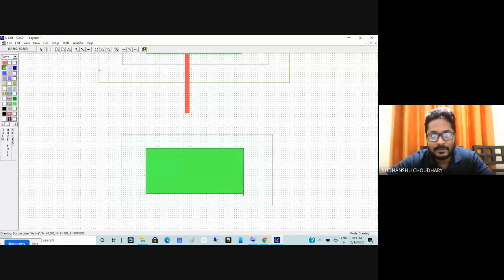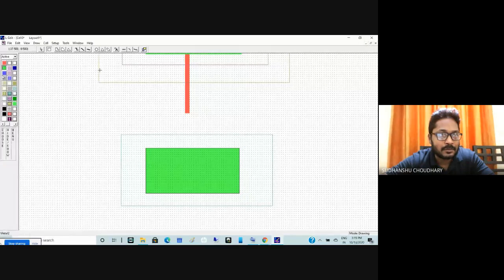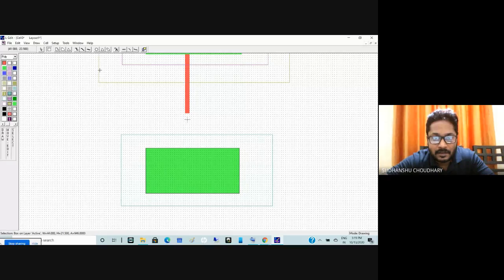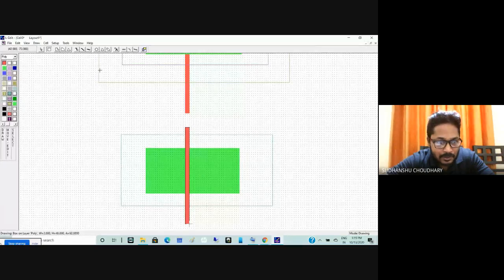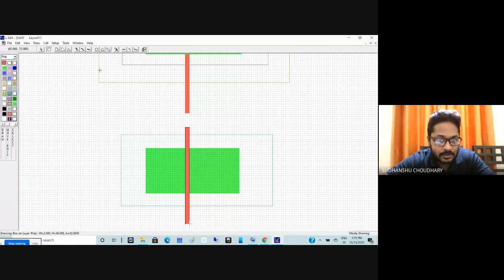And then I need to cross the poly over the active. So I select poly and maybe from here itself, let us say. So poly is 2 lambda by 2 lambda. I'll have to again check that dimension window. It is W is 2. It's fine. I drop my poly over here, and then I need the metal contacts or the source and drain